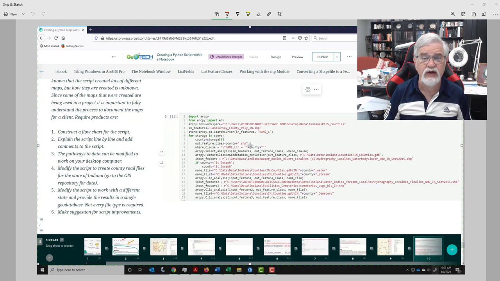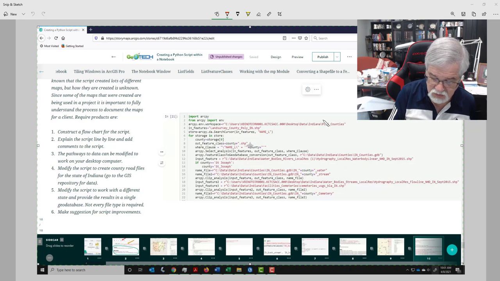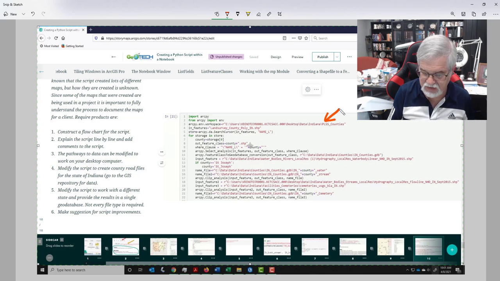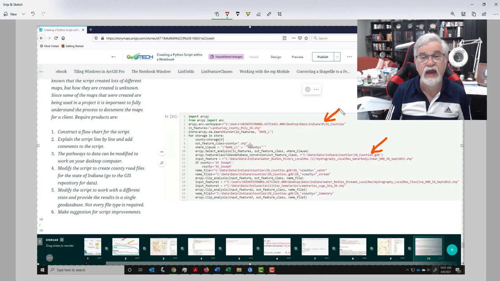The one thing that you will have to do is, if you notice here, there are pathways to data. Well, you'll have that data. You have to develop your own pathways to be able to use that data. You can't just run this notebook and make it work, because the pathway to where the data was stored originally is different than the pathway when you expand the project file. So you'll have to fix that